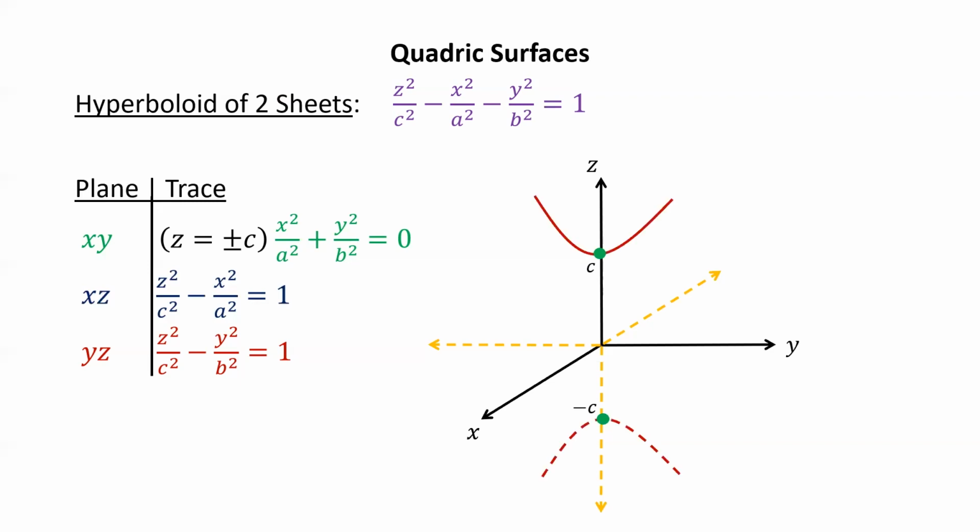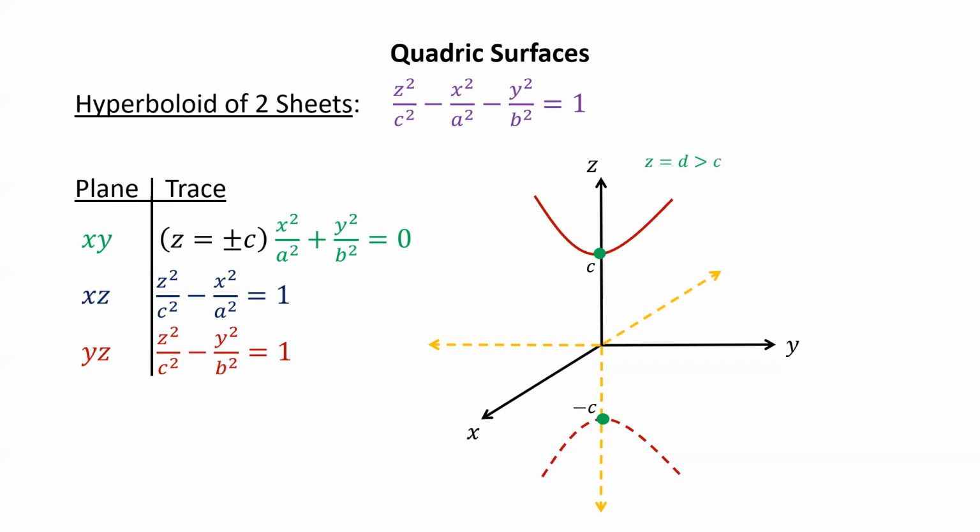Let's do the red next because it's in the yz plane, which is a little easier to sketch than the xz plane. And we see that we have this hyperbola. Now, before I do the blue, which actually isn't necessary, it just gives a little bit more of a 3D look. But let's do a couple more traces in the xy plane just to close up the top and